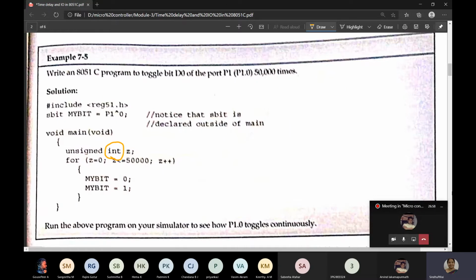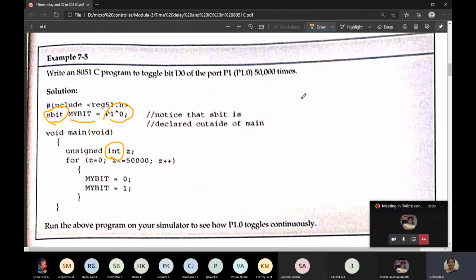One more extra thing is after hash include, see they have used this sbit to define the bit. The name of the bit is what? My bit. So my bit is user defined. You can give any name here. Sbit is the data type, and this is the way to represent the port. It is P1 cap 0.